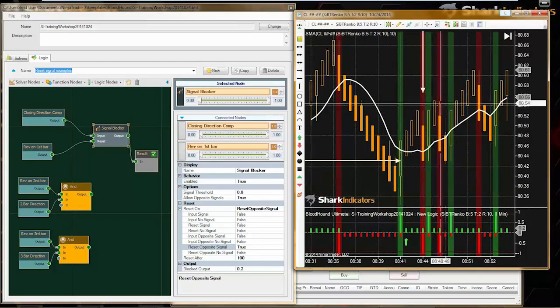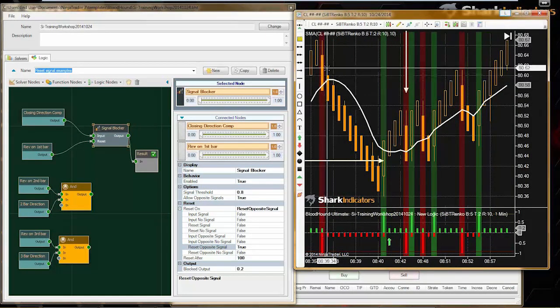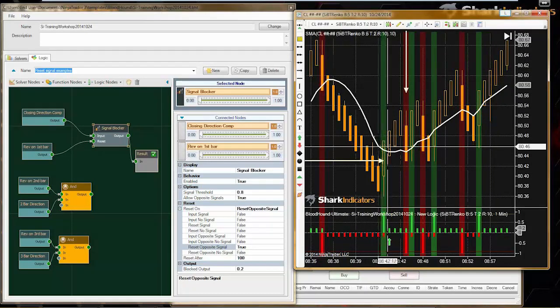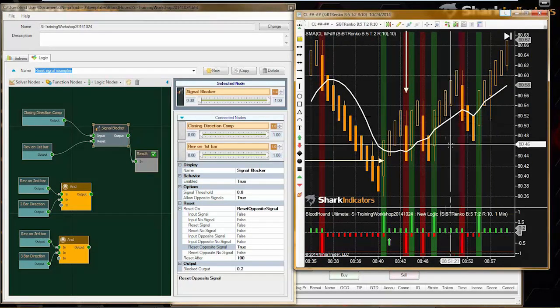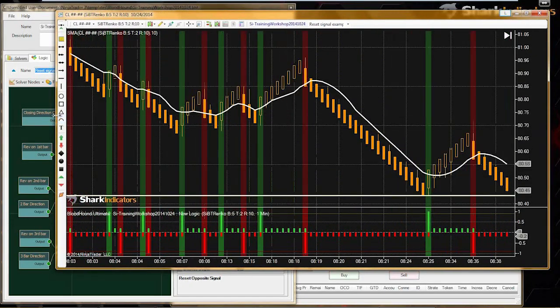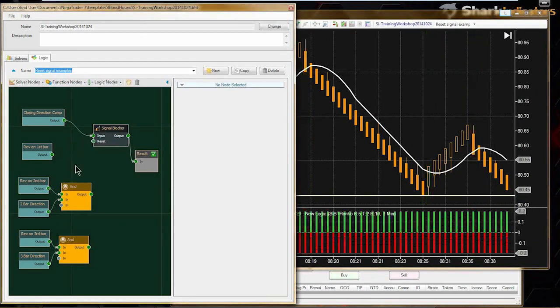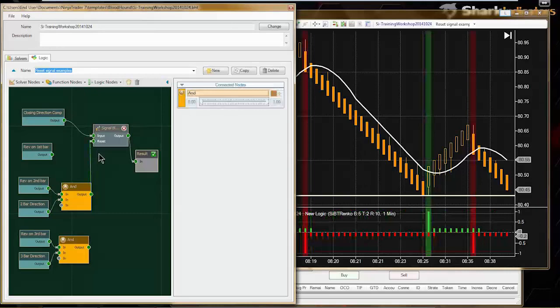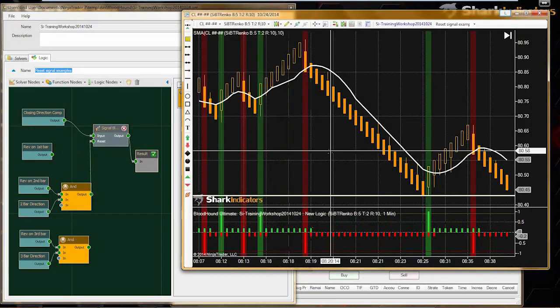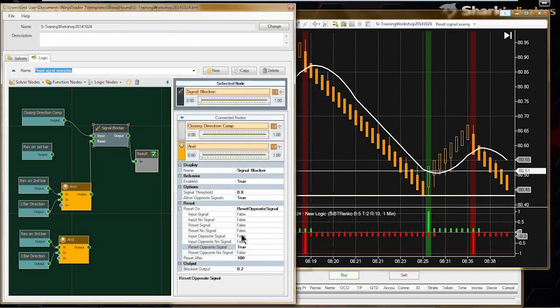Alright, so we can see that our signal blocker is now allowing the first reversal signal through, like so. Whenever we get the first reversal signal, it comes through. So now let's use this other reset signal, which will occur on the second bar. And look at that. Just as I was connecting, I realized what I was doing. So, actually,